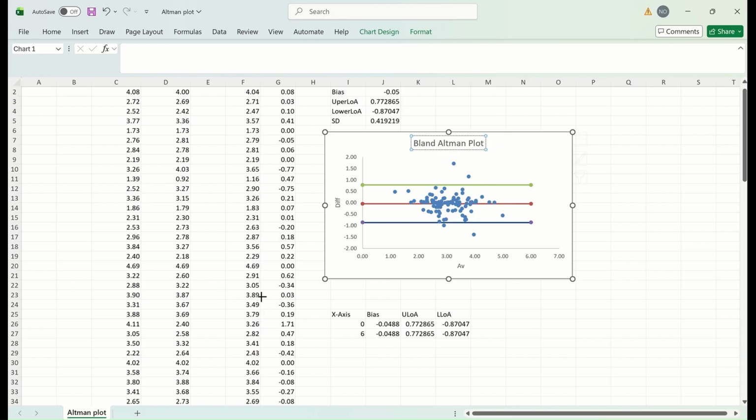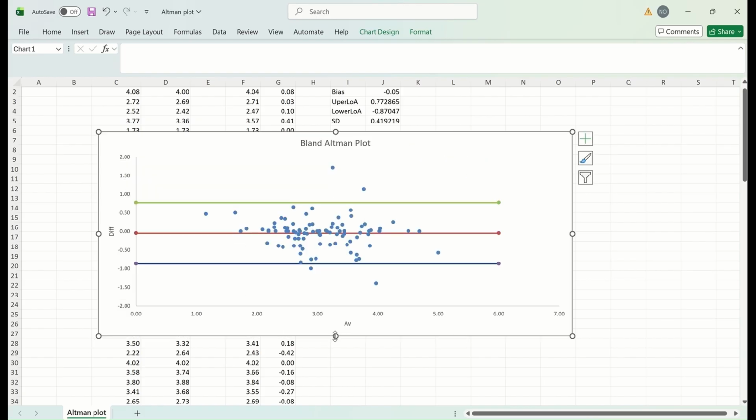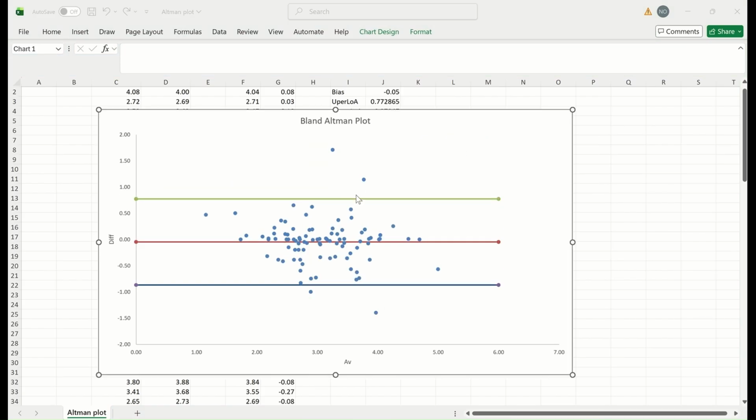If we enlarge this plot, drag it a little bit more. In the plot, there are three horizontal lines. The red one is the one for the bias or systematic bias, and the upper and the lower for the